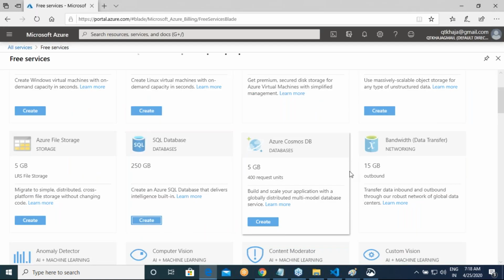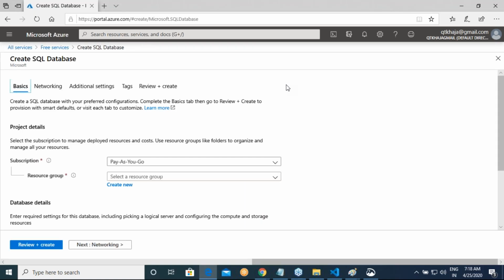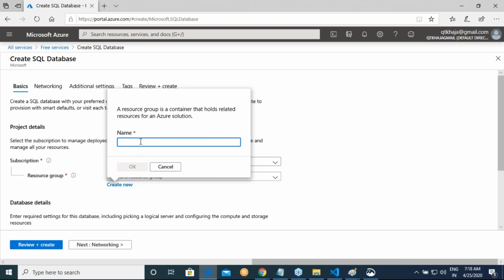So I'll click on create. Then it asks what is the resource group which you want. I would say create a new resource group called SQL demo.